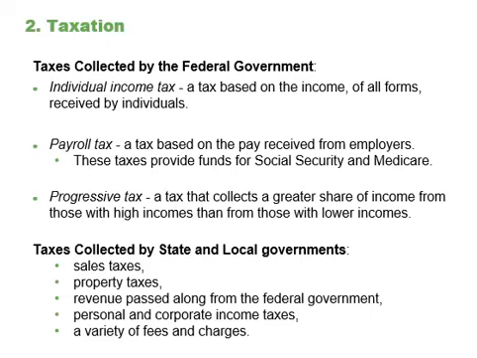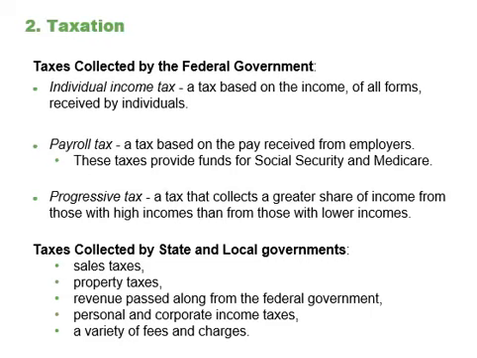At the state and local levels, taxes have been rising as a share of GDP over the last few decades to match the gradual rise in spending. The main revenue sources for state and local governments are sales taxes, property taxes, and revenue passed along from the federal government. But many state and local governments also levy personal and corporate income taxes, as well as impose a wide variety of fees and charges. The specific sources of tax revenue vary widely across state and local governments. Some states rely more on property taxes, some on sales taxes, some on income taxes, and some more on revenues